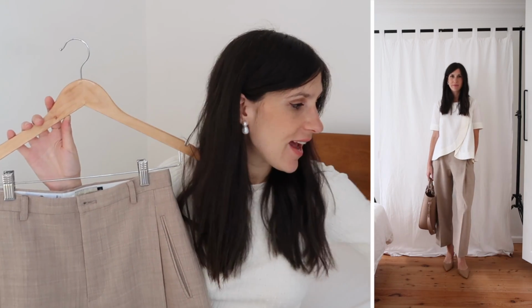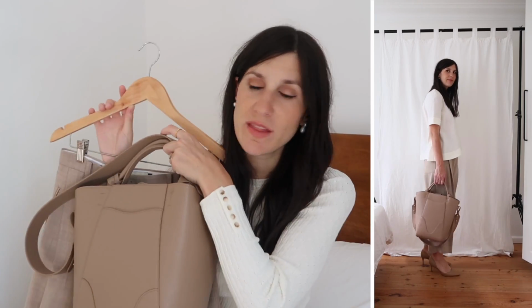On my feet, I have gone for a nude dorze pump. You could go for a regular court shoe as well, but I just like the dorze pumps because I think that they add a little something extra to an outfit. And here you can see I've gone for that very tonal look, which I absolutely adore. And then I have finished the look off with the beautiful OLEADA Marina bucket bag as well, which I think works really nicely with the color palette and overall scheme. And you'll see it works beautifully with the other two outfits that I've got to share with you with these